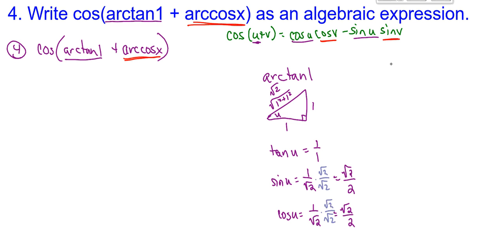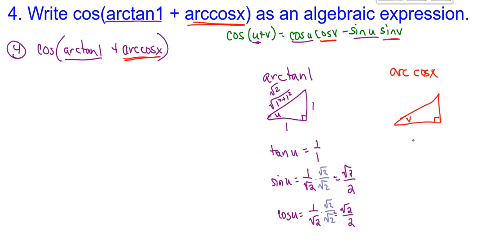The arc cosine of x means, if I have a little right triangle here, and we'll call this angle v,